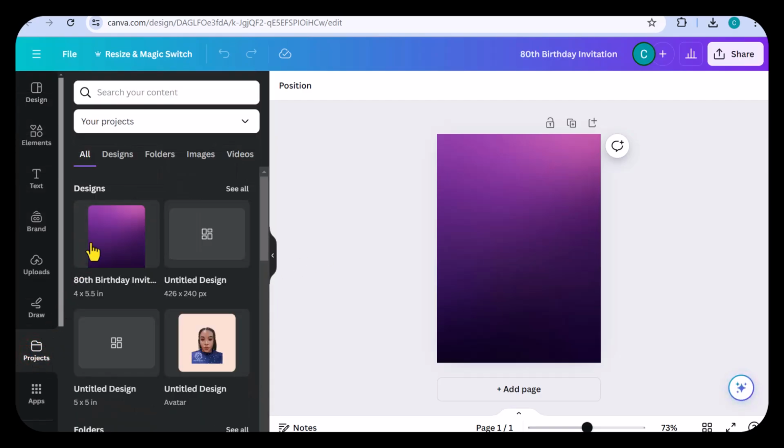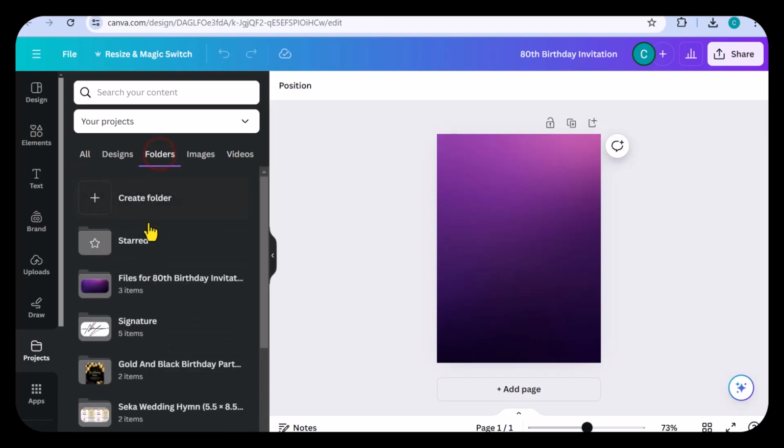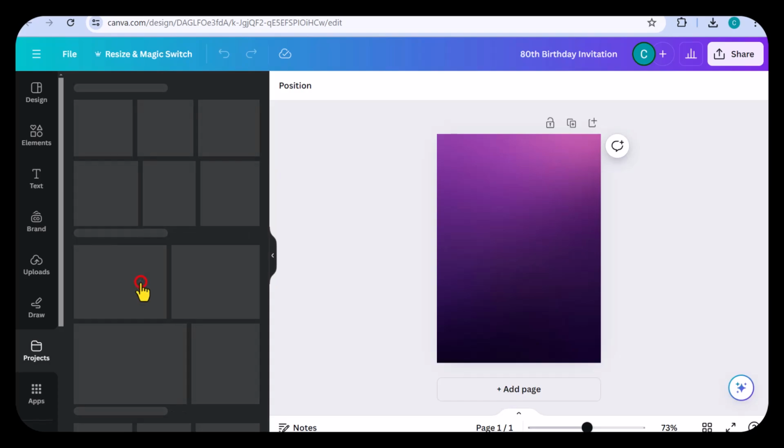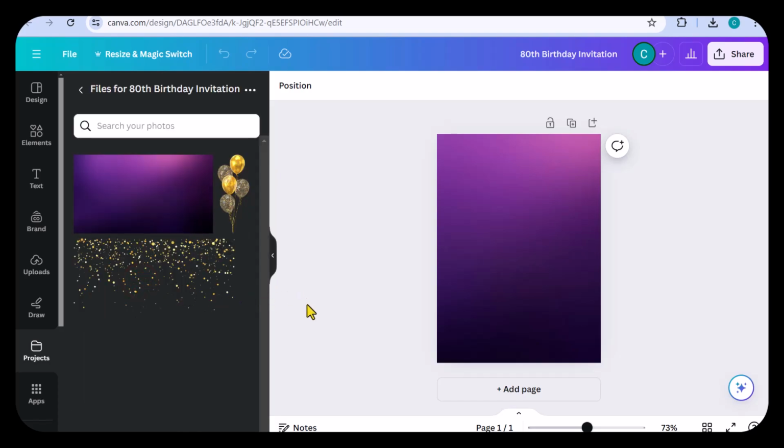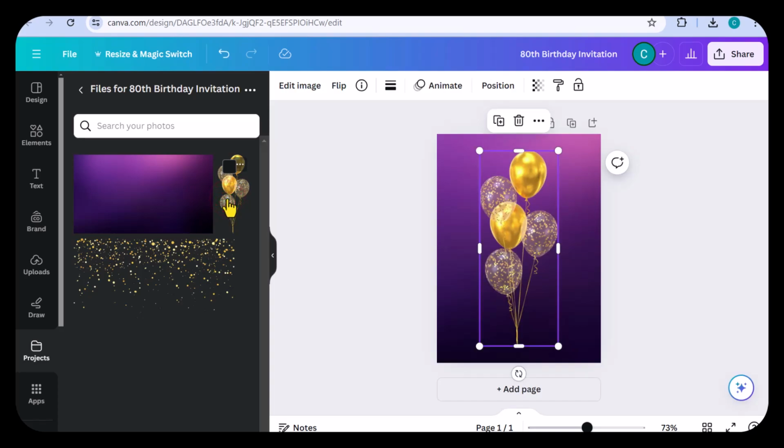see the images that were added to the folder. So let me head to the folders tab, and I'm going to select the folder that would have been created. And as we can see, we are seeing the balloons and the confetti. So let's start off with adding balloons to our project. I'm going to go ahead and select this balloon icon, and as we can see, the balloon has been placed